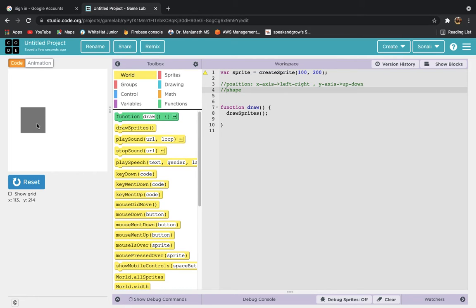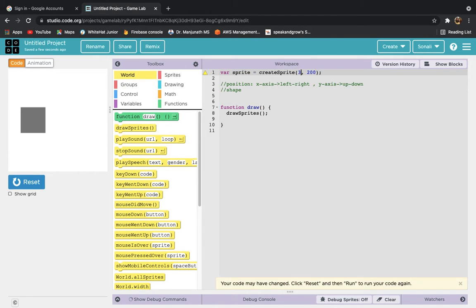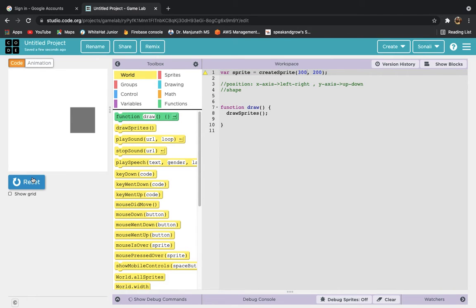And of course you should be able to see the coordinates in the lower part. Whenever I am moving, there is a show grid below the reset, and there you can see that x and y are being shown. So x is the left right coordinate and y is the up down coordinate. For lower numbers it moves towards the left, and with higher numbers it moves towards the right.